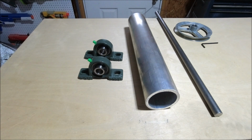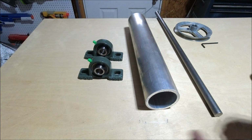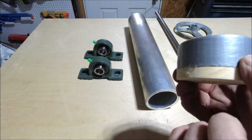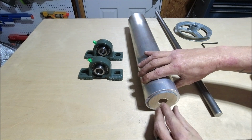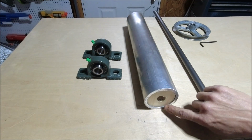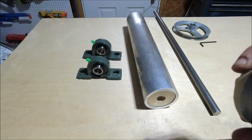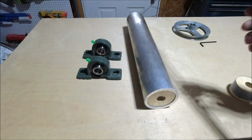I took a 2 5/8 inch hole saw, which is right around a 16th thick. It's just a hair thicker than that, but it was close as I could get, and cut these circles, which are going to go inside. They were an okay fit. There was a little airspace. I put one wrap of duct tape around it just to get a really nice fit. Once they were a snug fit to the tube, I took them to my drill press and used a 3/4 spade bit to wallow that out so that they will fit the shaft. So, in theory,